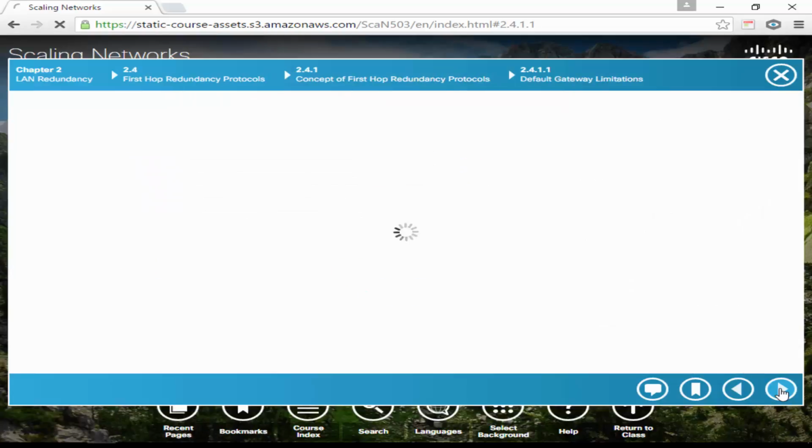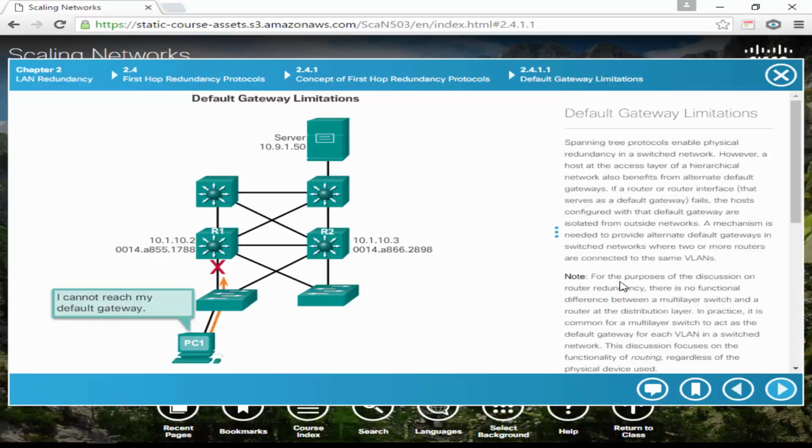Okay. So now we're going to get into HSRP, or actually, what was it? FHRP. First hop redundancy protocols. Okay, so in the picture you see we have redundancy, but this 10.10.2 was actually the default gateway, and so the PC, if that link goes down, the PC can't get there,